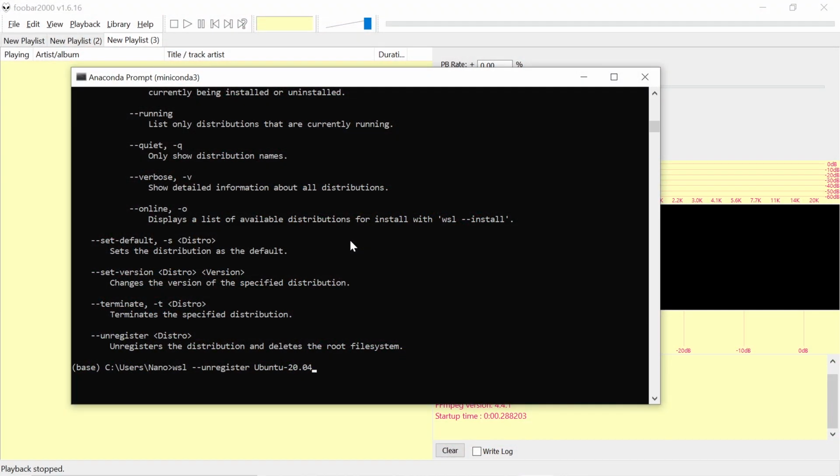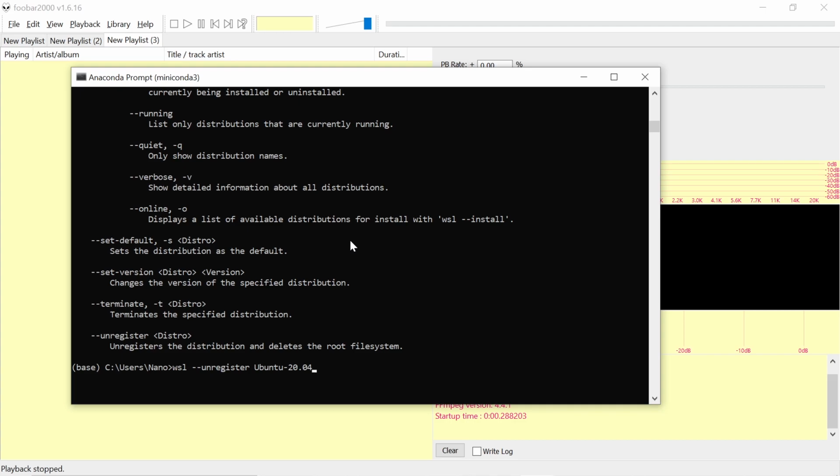There are too many orphaned packages and random junk in my current install of Ubuntu, so the first thing I'm going to do is get rid of it by removing the entire installation. A word of caution before you begin. This will delete the entire file system, and it can't be recovered, so be sure to back up what you need. I backed up my files already, so I'm going to go ahead and delete the WSL Ubuntu and then